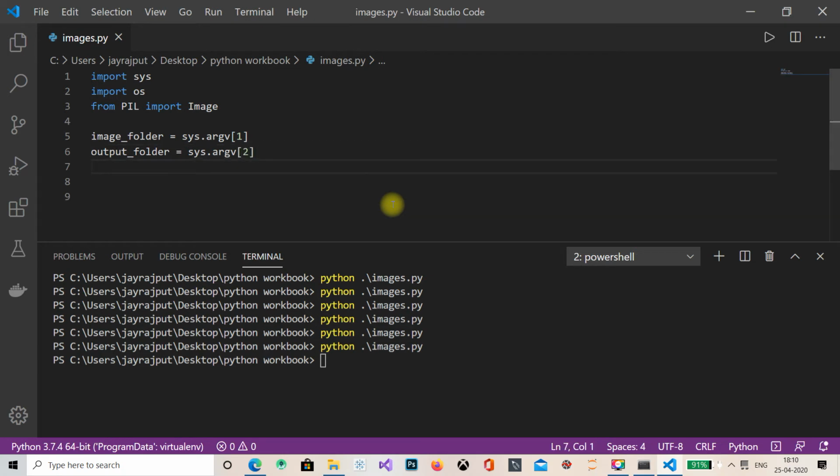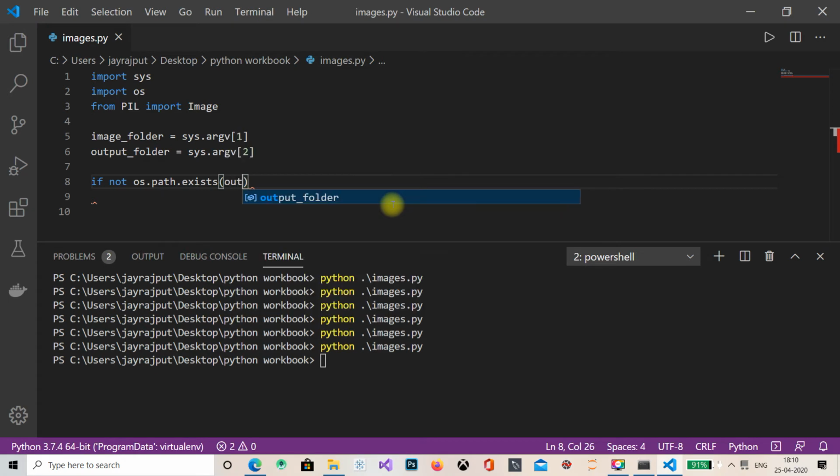Okay guys, so you can see it now. What if it does not create any folder, if the path doesn't exist, if any kind of error comes to you, what are we going to do? Like if there is no existing folder, if the folder has not been created, here comes the looping thing. So I am going to use if not os.path.exists, then it will make this output folder.